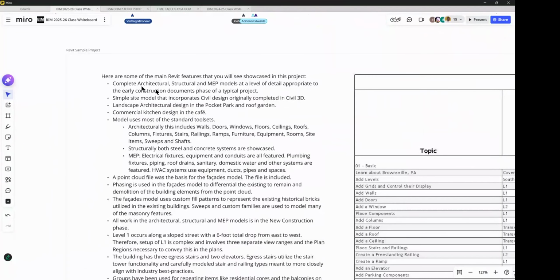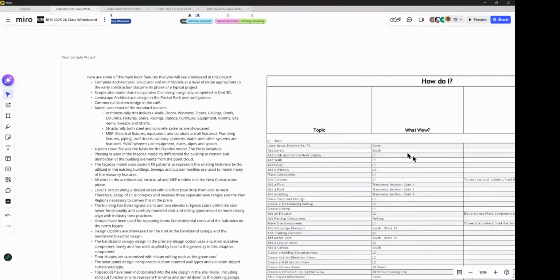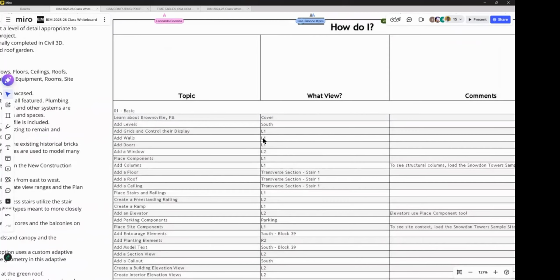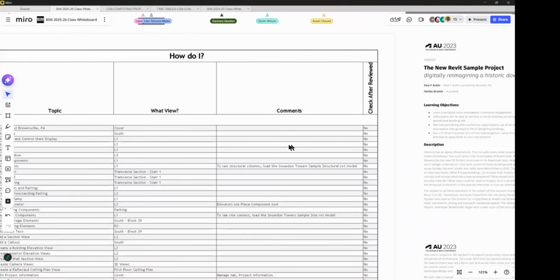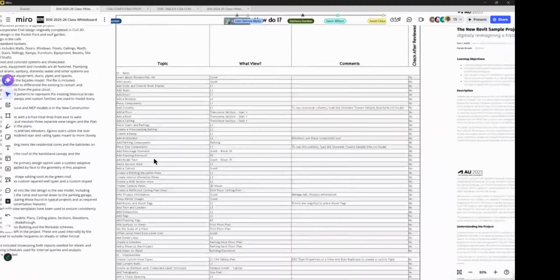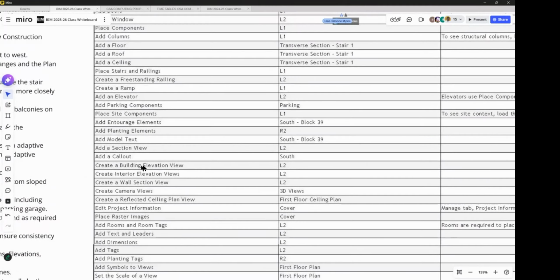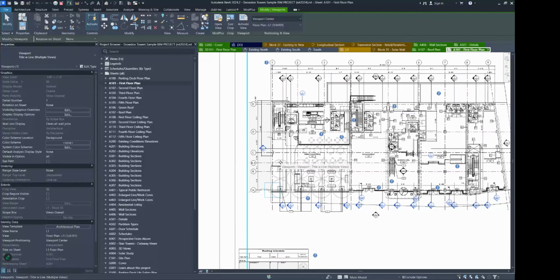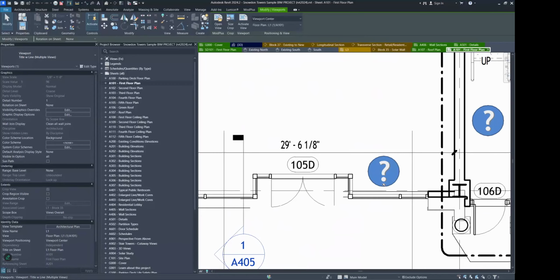So if you read this, it says there are some main Revit features that you will see showcased in the project, right? And so for example, how do I add walls? Well, if you look on level 1, you will see an example of how to do that. How do I create a building elevation view? If you look on level 2, so these question marks show how you do these things. And some of these you know already. So for example, if I double click here and I click on the question mark, it's a little bit manual, but